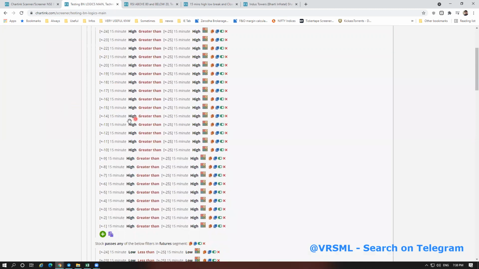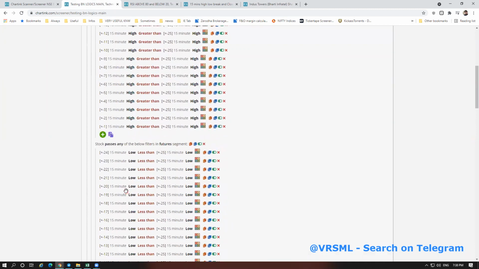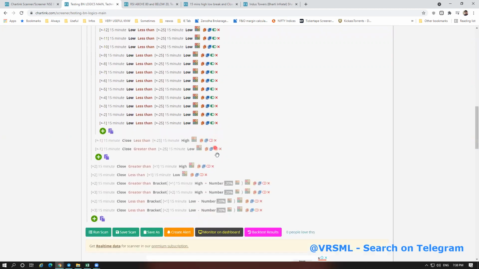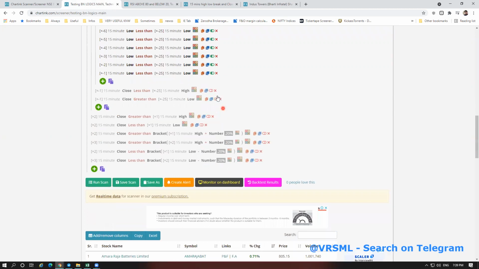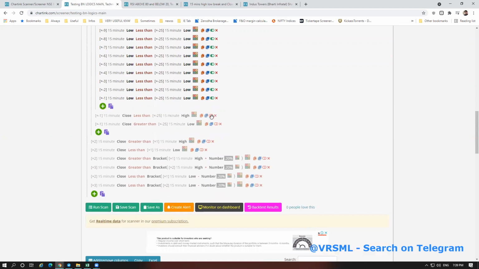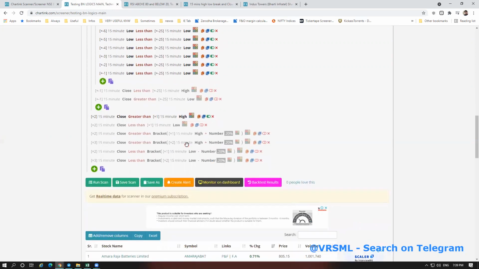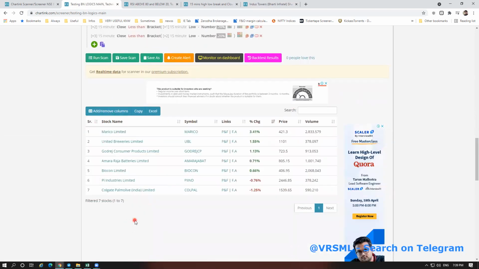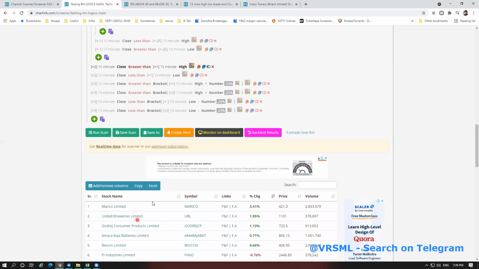Okay, this and this is the same, the high and low breaker of the 15 minute candle. This is the consolidation day, the last candle should be closed within the 15 minute candle range. Okay, what is this? This is new. Basically, if we want to trade a stock whose high and low are broken, but we will take only the ORB consideration. You are going to take only the ORB condition and you want to buy the stock. So just enable it and disable this filter, and run a scan. You will find these 7 stocks where the ORB is fulfilled. Only the ORB condition is fulfilled for these stocks.